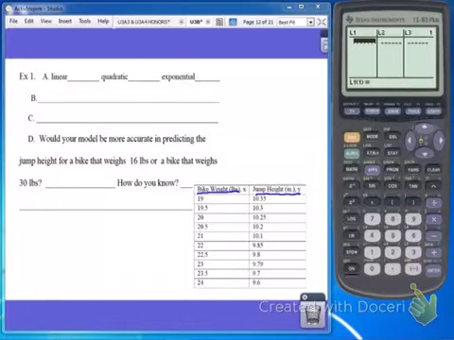Now, let me freeze you right there. You should see L1 and L2 here. But not everybody necessarily sees it because somebody else has used that calculator before, and possibly they have deleted one of these lists. Let me show you,